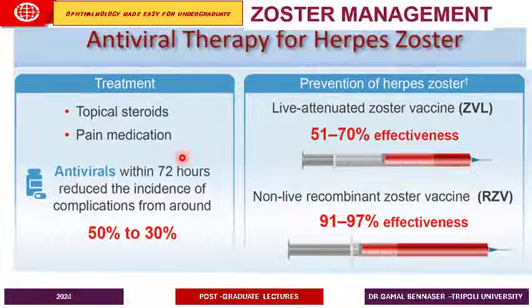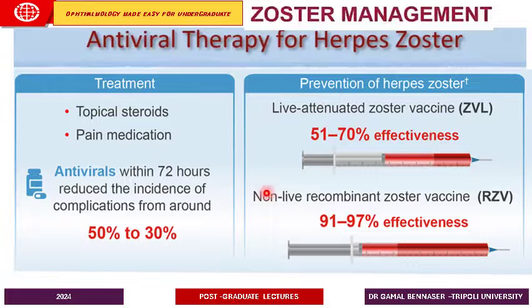And we have two vaccines, the live attenuated vaccine, the zoster vaccine, which has an effectiveness of 51 to 70%. But this live attenuated vaccine has the disadvantage that it has a short duration, should be kept frozen, and should be used within 30 minutes after dissolution, and should not be used in immunocompromised patients, as this is a live attenuated